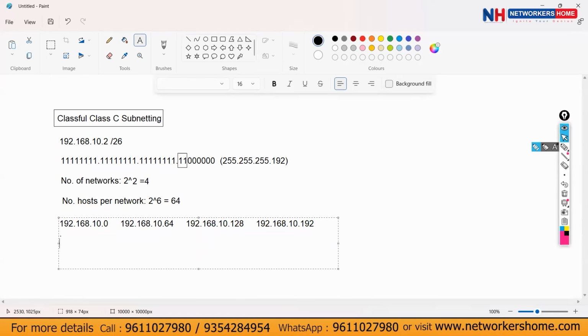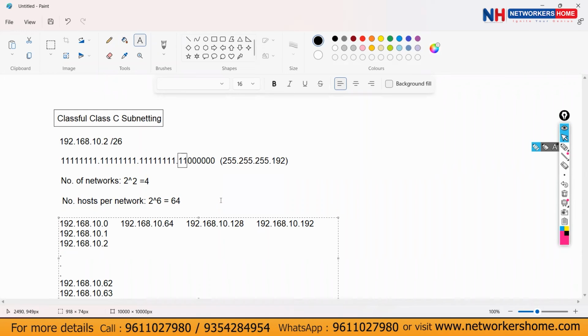Okay. See here. What is the first valid IP address under this network IP? 10.1, 10.2. Okay. It goes on to 63. What is the broadcast IP here? 192.168.10.63. Okay. Then what will be the last valid IP address here? 62.